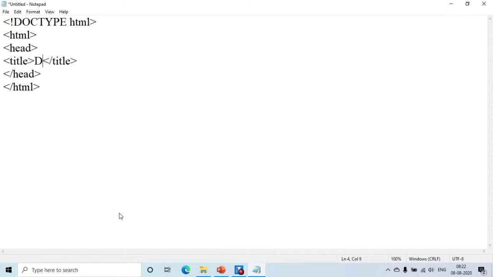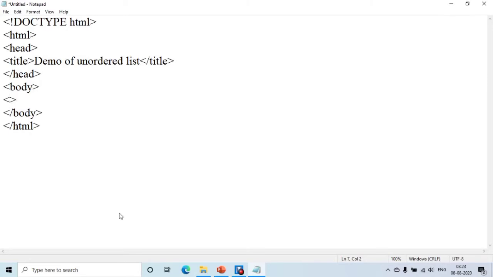Suppose we provide the title as demo of unordered list. Demo of unordered list. Then close the head tag and open a body tag. Within a body tag, start and end, we can create a list.